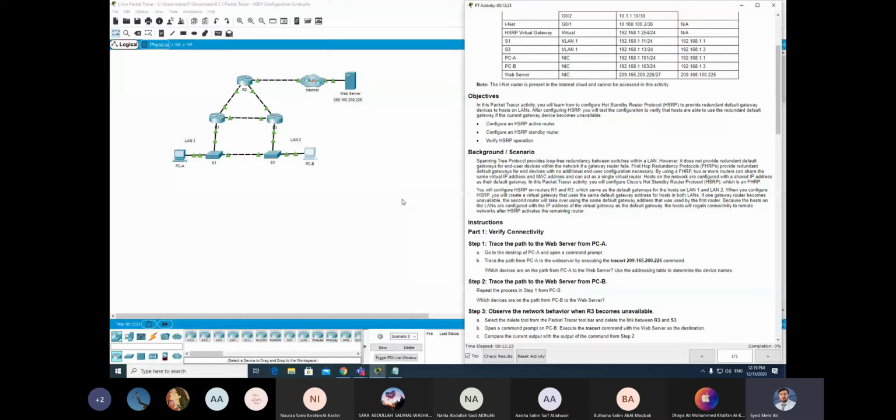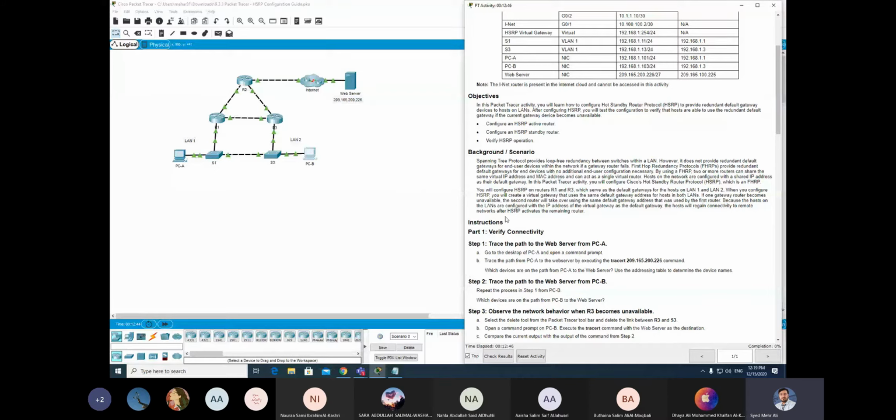Because the hosts on the LAN are configured with the IP address of the virtual gateway as their default gateway, the hosts will regain connectivity to the remote network after HSRP activates the remaining router. Okay, let's start our practical.